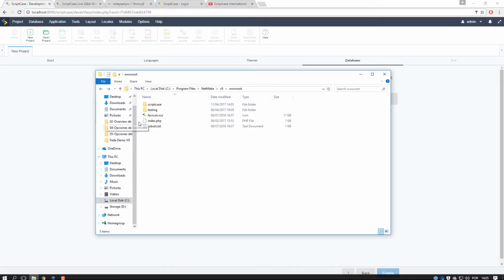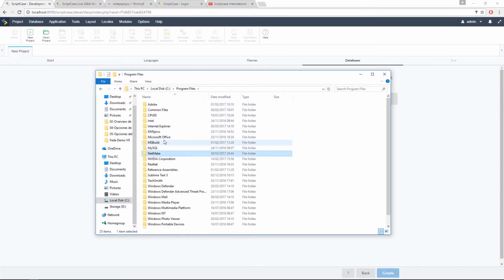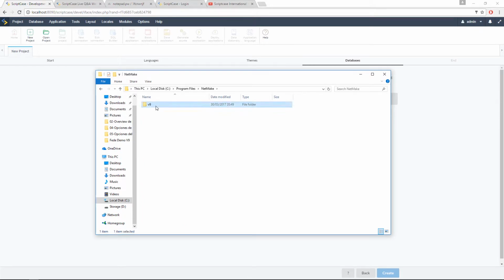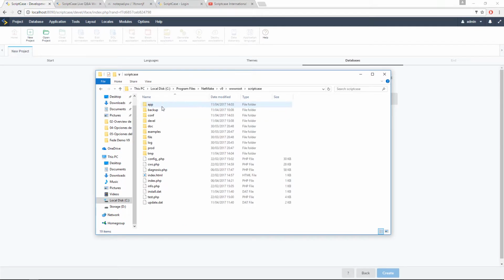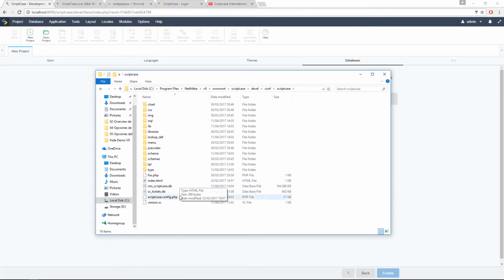If you go here to the local disk, this is where Scriptcase is installing Scriptcase 9 program files. I have here a netmake folder, Scriptcase 9. So Scriptcase, devel, conf, Scriptcase again. So this is where Scriptcase stores the local tables. So if you see here, I have this one from projects I have imported before. So if you use this option, here is where Scriptcase will store the DB file. Okay, so you have this option if you don't want to bring this to your database, or if you prefer,